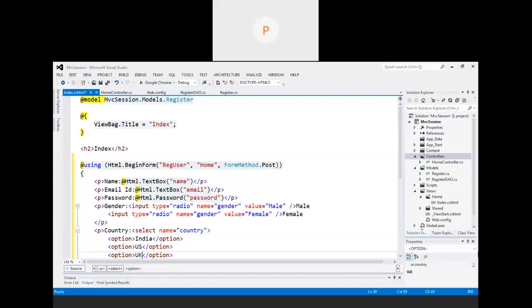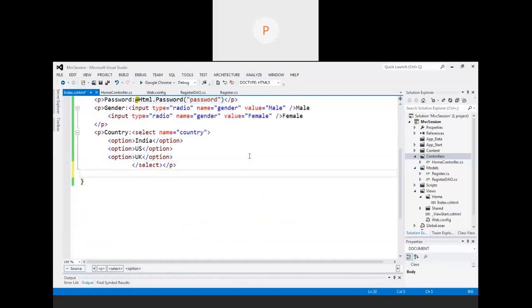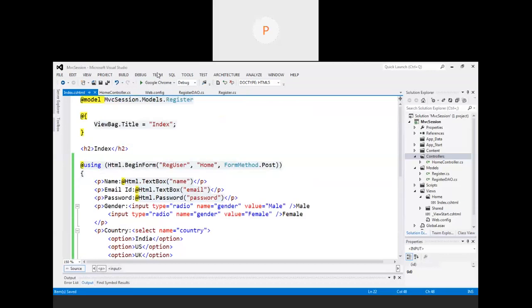Done. And then you just have to generate the submit button. So input type equal to submit and value equal to register. Done. Okay, our view page is also created.